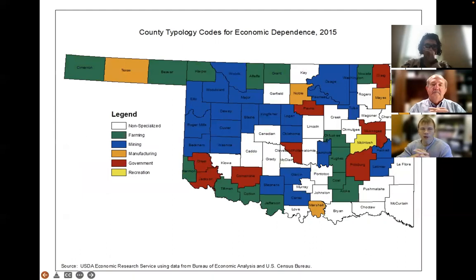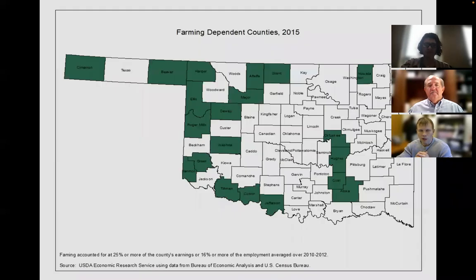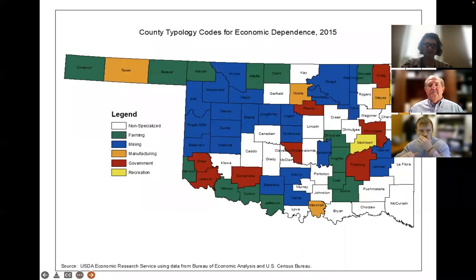Here are some county typology codes, and these were done as of 2015, which is important. I'll talk about this in a second. This shows the specialty of where a lot of economic activity is happening in some of our counties across the state. We've got a few more slides here that we'll run through. You can see a lot of them in this chart appear to be mining focused, and then there's also a lot of farming dependent categories. But I'm going to go through these one by one and talk to you about the definitions and how they appear. So go ahead and go to the next one, Laura.